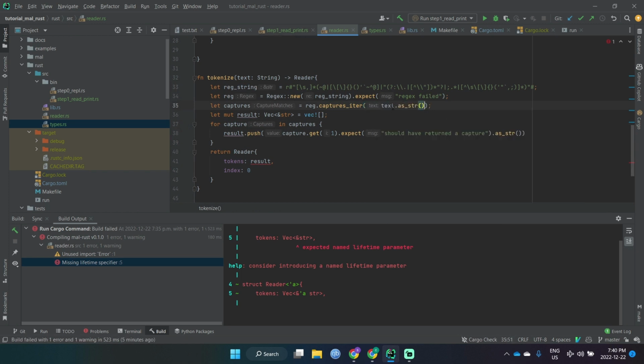Now this doesn't cost us anything. Why doesn't this cost us anything? Because you can think of strs as references to strings. They're not really references to strings, they're more like look-ins to strings, but you can think of it like that. And so I can always take a string and turn it into a reference to a string very easily. So I can just pass it text.str. And the only thing that's annoying is that when it outputs something,